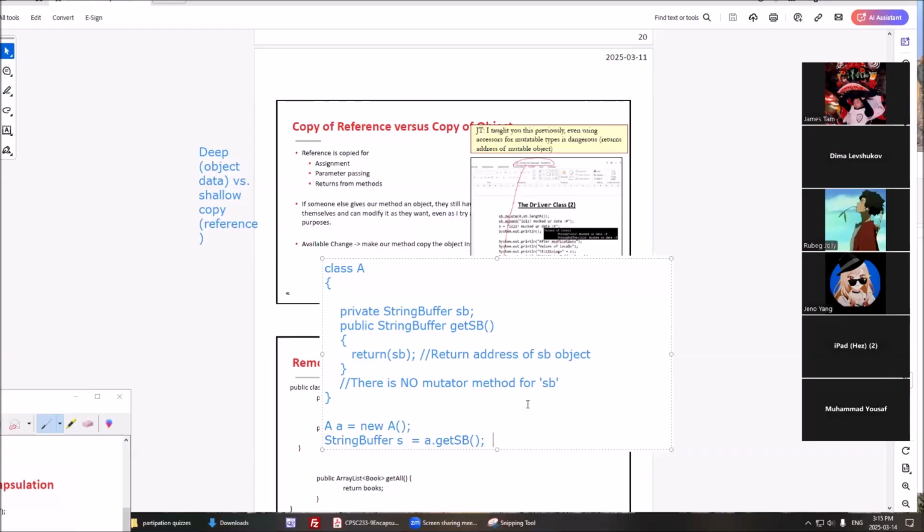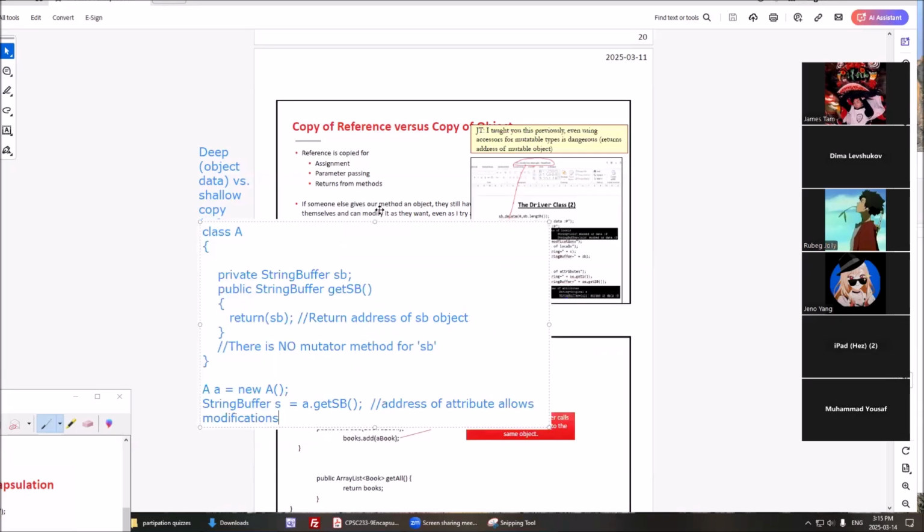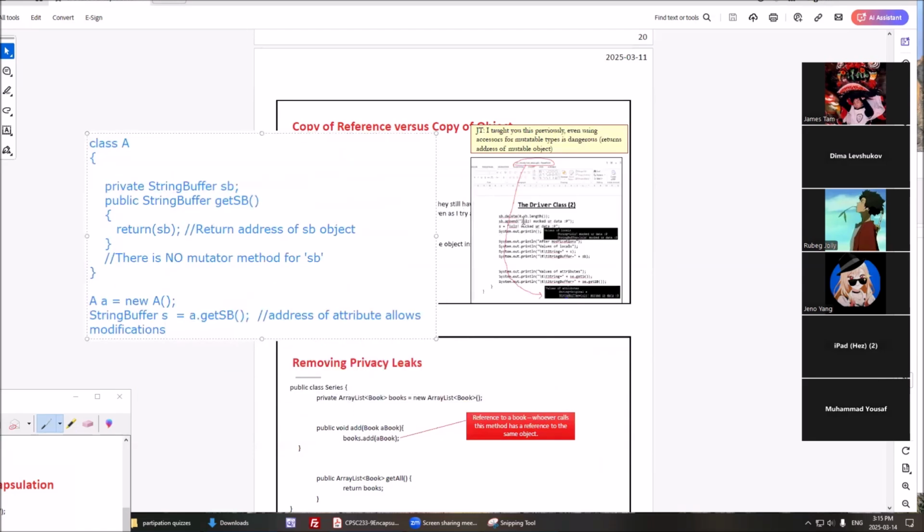Therein is the issue. Right here, I return the address of this attribute. Because I have the address, we can then modify it, which is precisely what happened in the example that I showed, the string versus string buffer. Even if we just have an accessor method with a string buffer, because it's mutable,